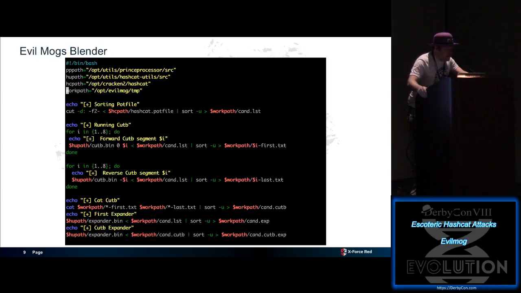Now, this is the EvilMog secret sauce that tends to get me passwords left, right, and center. I call this my blender. So what we're going to do is we're going to take your Hashcat pot file. We are going to cut using the colon for a delimiter. And now a secret we've got on this is a lot of people will stop your cut at the first colon. The problem is if someone has a colon in their password, you're not going to get the rest of the passwords, so your cracks are going to be incomplete. So you go -f2-, take the pot file, put it into a can.list. We run a standard Cutb on it, forward and back,